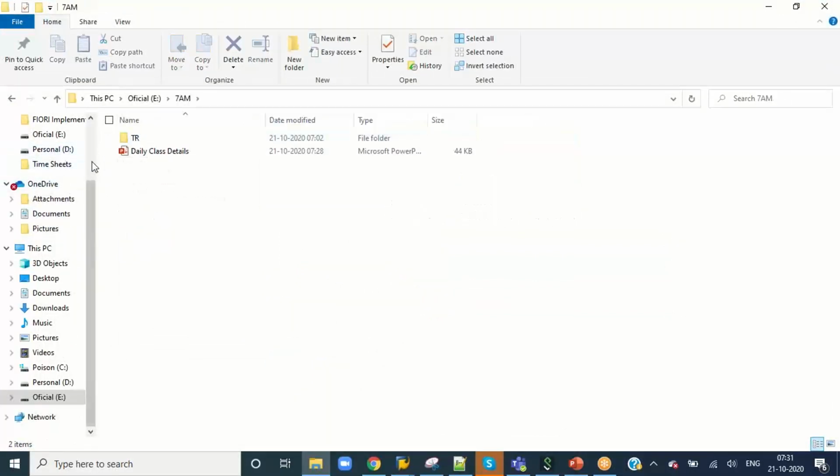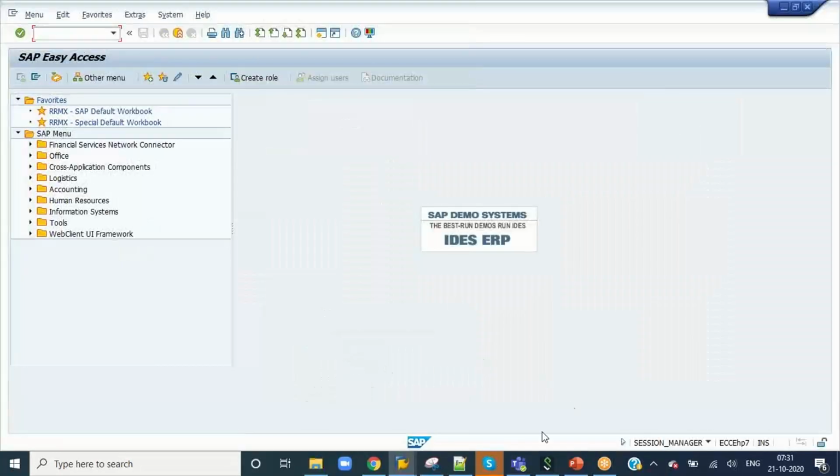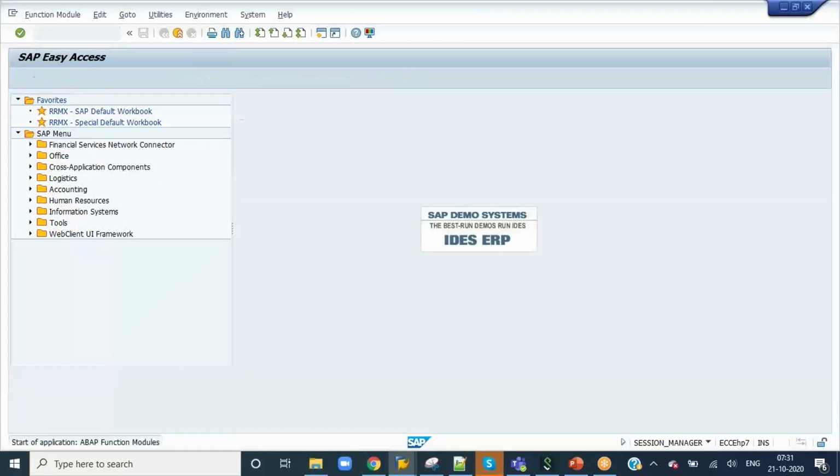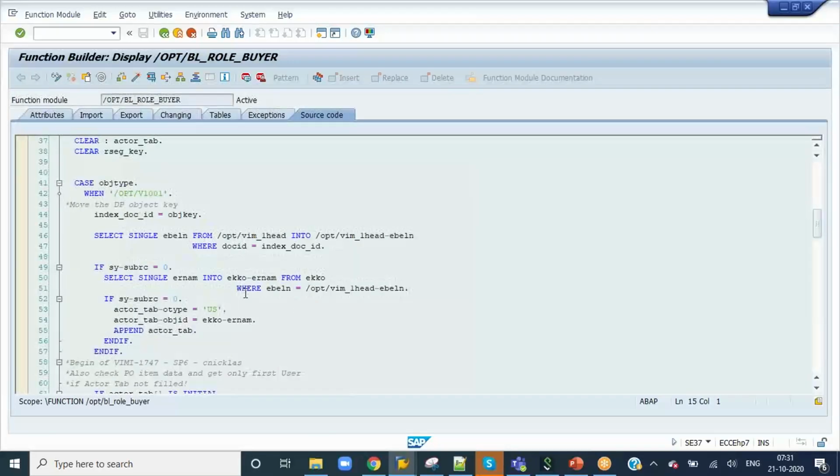So when you are using this function module based approach, how is the user getting the work item? It is picked dynamically from the logic. In this FM, there is a logic. In the function module, if you see,